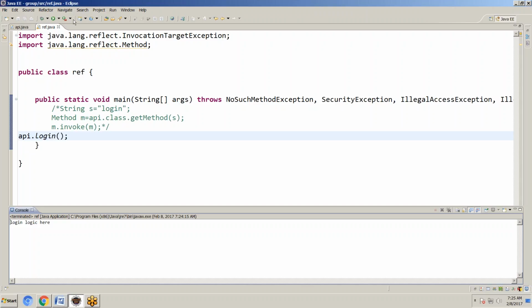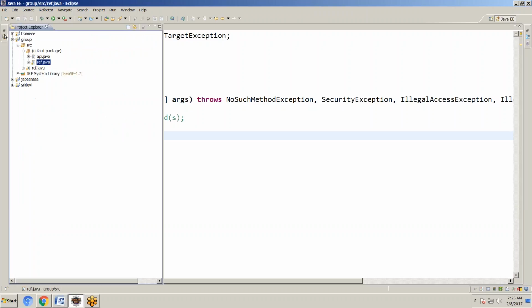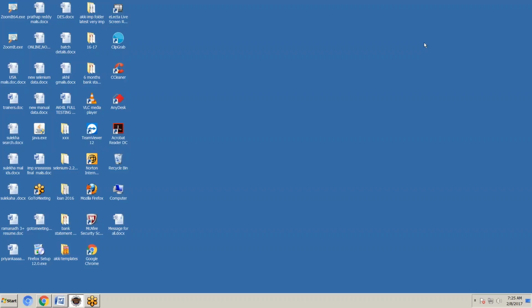So the concept is over. Next concept, a simple concept, the last Java concept. Tomorrow I will start Selenium. Based on this concept only, today's concept name is